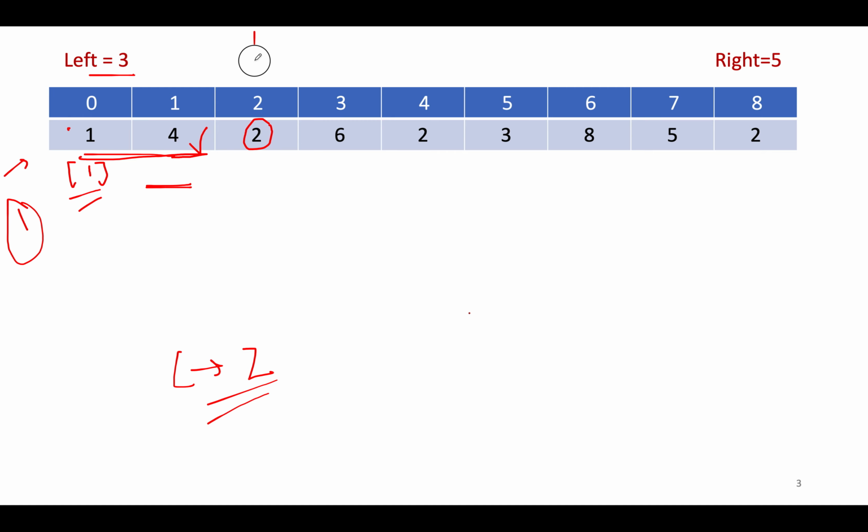The next element that we have is 2, and let's check whether we can generate sub-arrays including 2 that satisfy the condition. There can be 3 sub-arrays generated: 1, 4, 2; 4, 2; and 2 itself. Let's check which of these qualify. 1, 4, 2 must be part of the answer set because the maximum element is 4 and it lies within the range. So this becomes part of the answer. The count gets updated to 3.